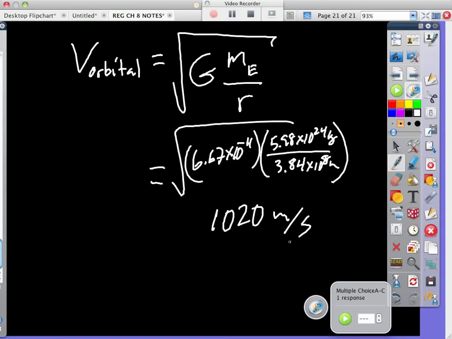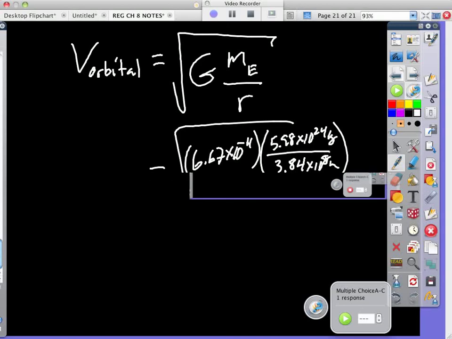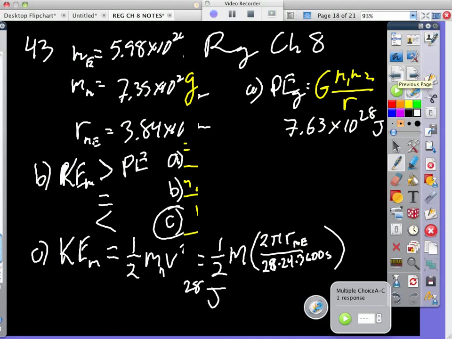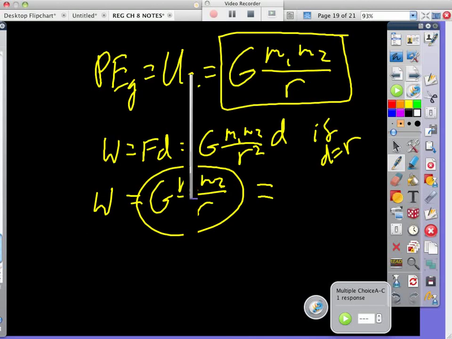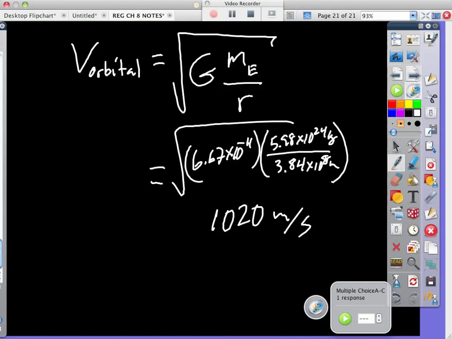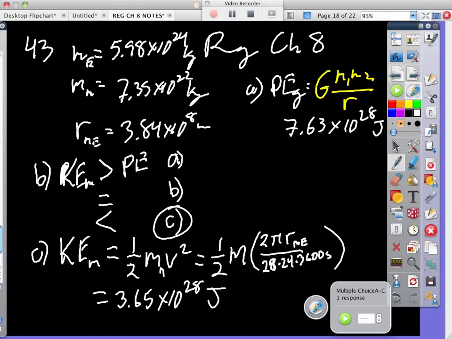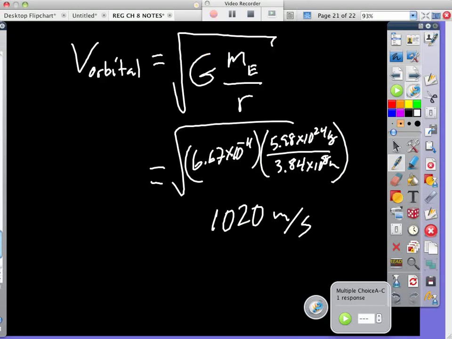What did we come up with before as our velocity? I thought we calculated the velocity of the moon somewhere. Oh, yeah, over here. I think we got like 997 or something. So 997 meters per second, 1,020, they're both around 1,000, so that's not too bad. Especially remember